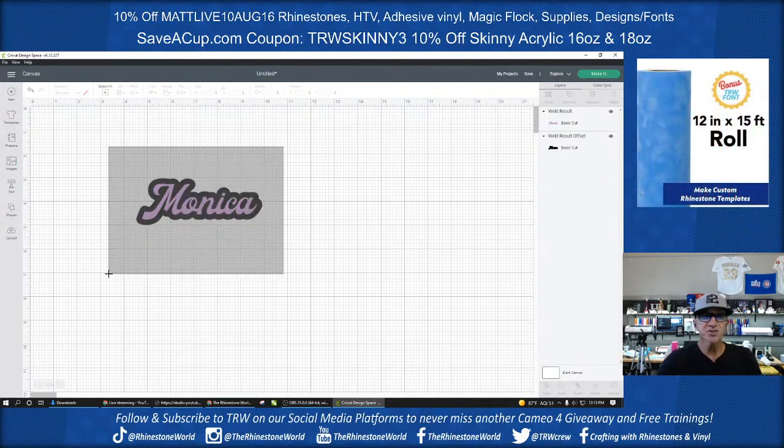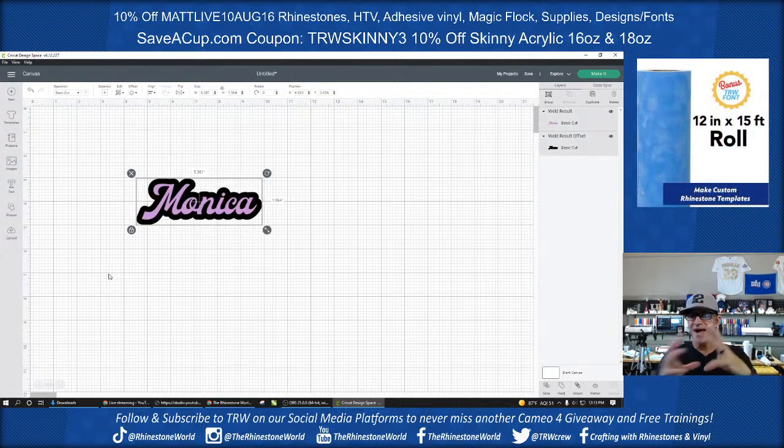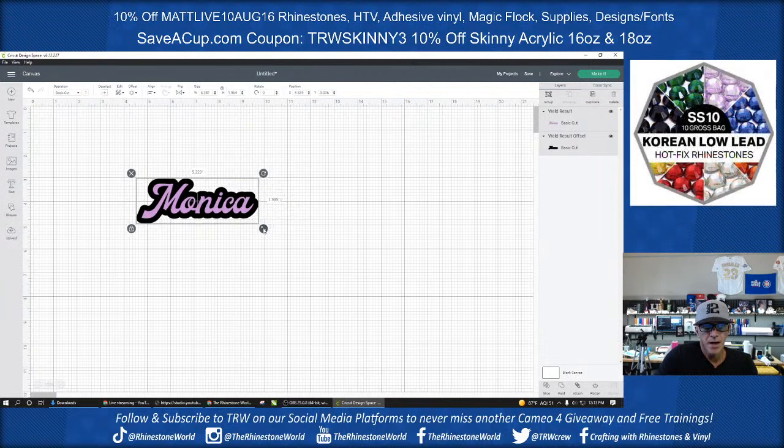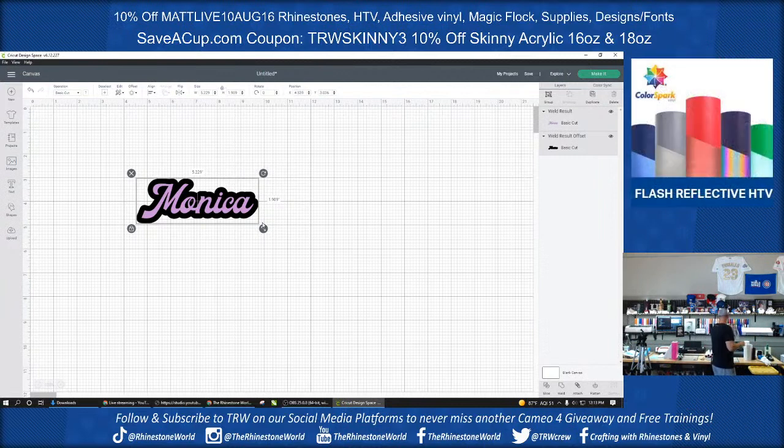What do I got size-wise? Because remember, I added that offset, which made my design bigger. Now my design is close to 5.4 inches. So I'm going to shrink this down a little bit, but I'm going to grab one of our tumblers here, and I'm going to